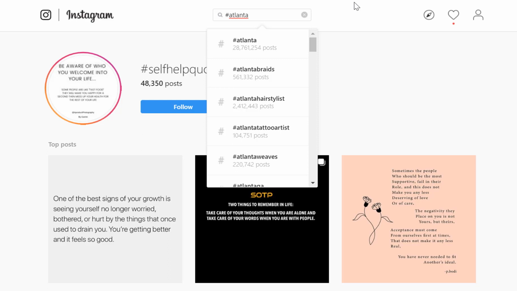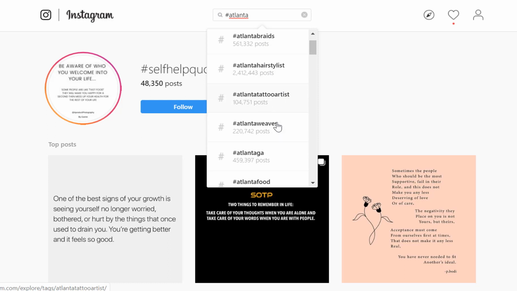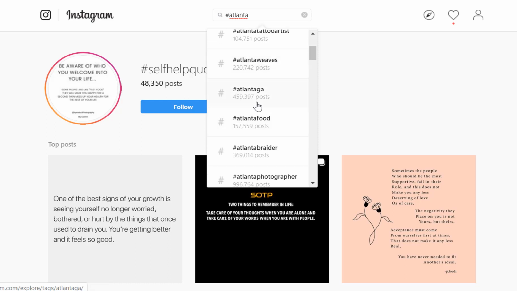And the way to go about doing this is, if you're in your city, you'll type in the name of your city, just like Atlanta, and then you might look down at the popular hashtags and how many posts are in each of them. Some of these will not relate, obviously. If I'm a chiropractor in this city, well, Atlanta hairstylist doesn't relate. But if I go down and I can see all these things, Atlanta GA, that's a hashtag that I could use. So I make note on a separate document, Atlanta GA.